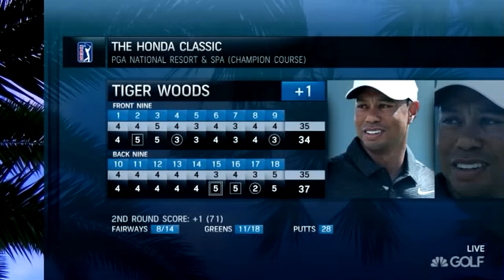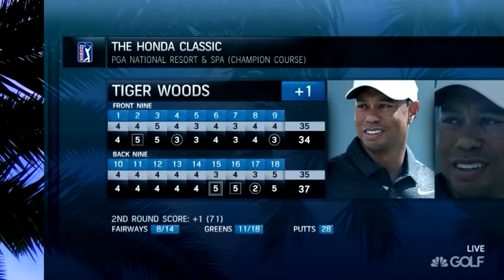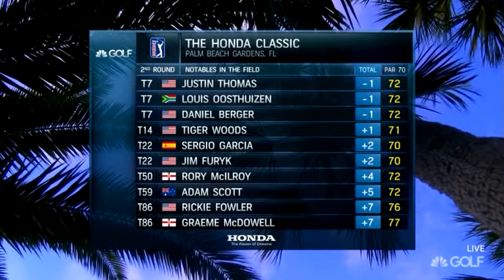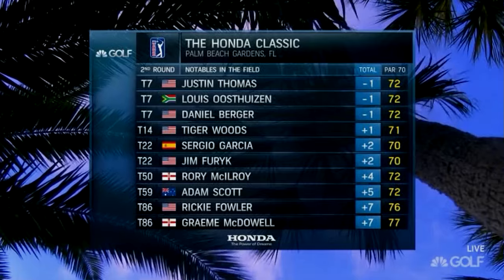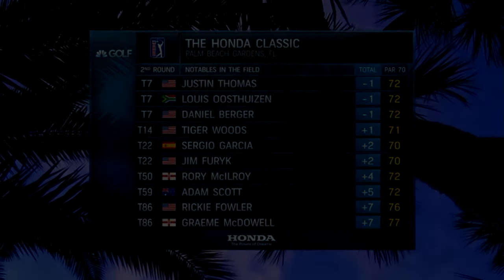So you can see if you feed the ball in to match the angle of the greens, it makes the greens wider rather than coming across them. Sometimes you can do that, sometimes you can't. So that's why, just getting the right club selection, even that, everything is difficult here. That's why we've got 2 guys at 3 under. And Tiger just 4 off the lead. Sergio with that 70 today is at +2. Jim Furyk, the